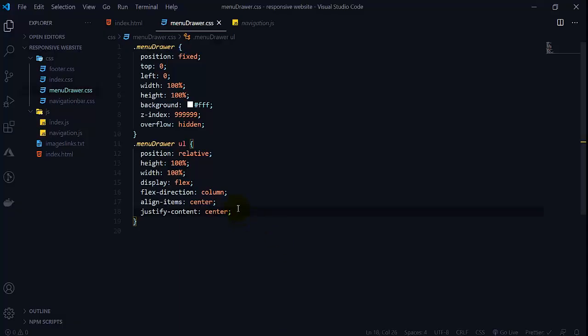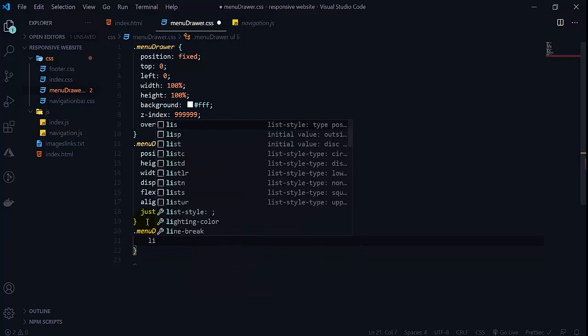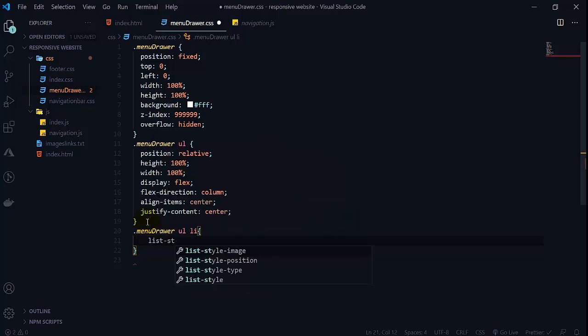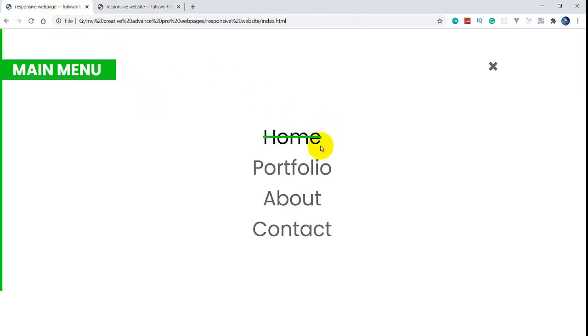So see what we will get, we are getting this in the center. So let's style our li, list here. List-style-type will be none. So when we reload this, see that we are getting list-style-type as none.